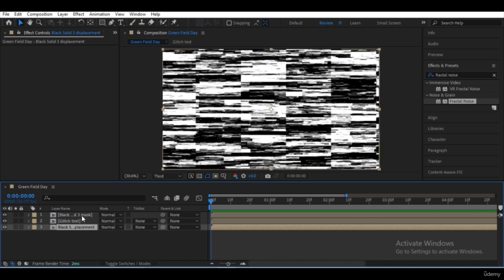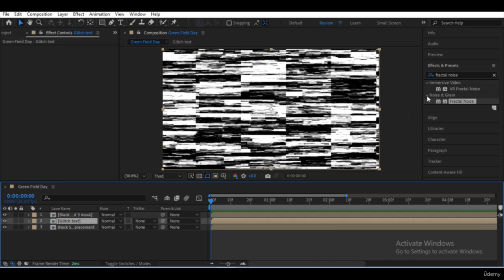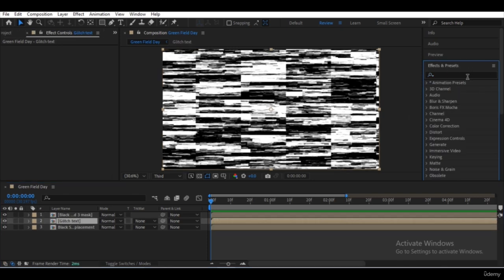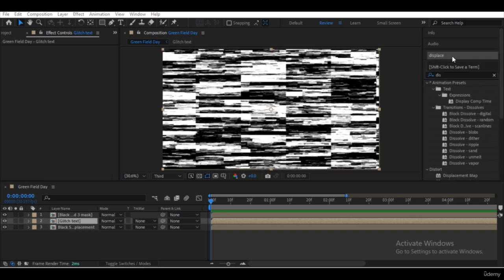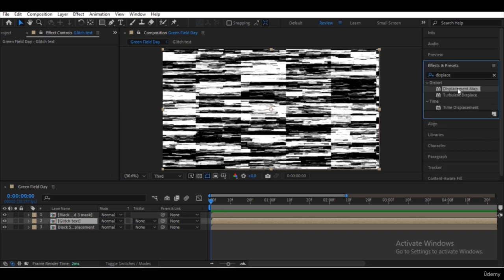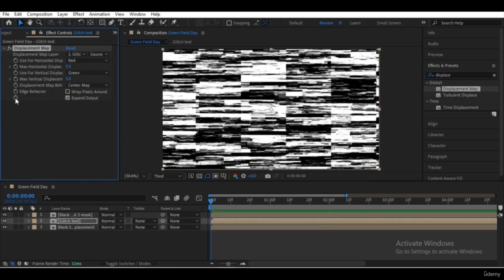Then go to the glitch text, click the glitch text again and type displacement map and put it right here.